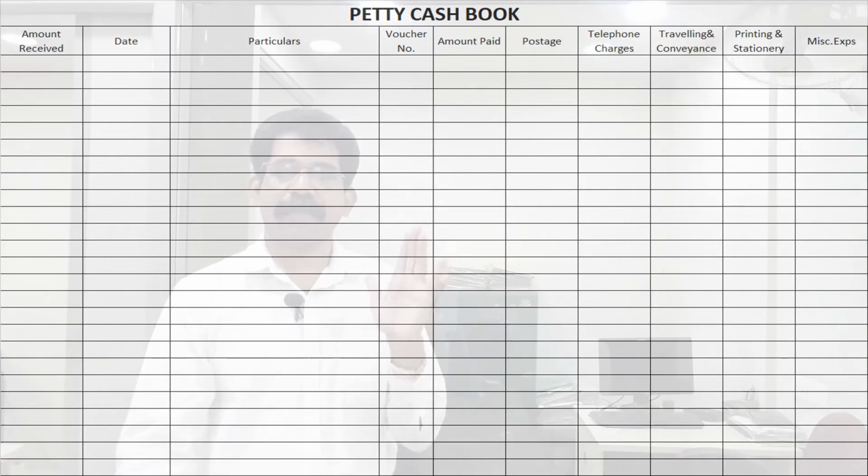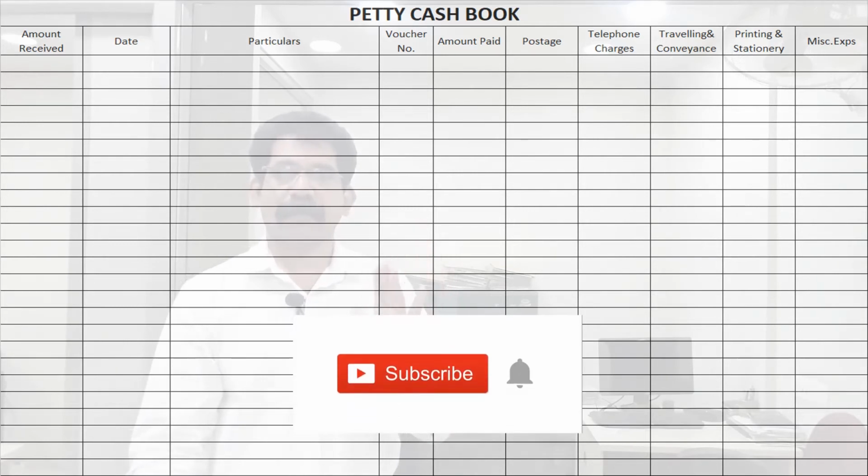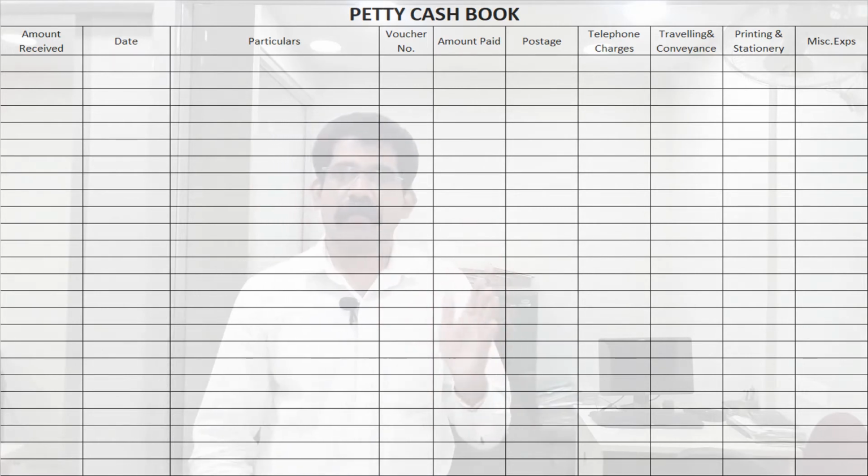Erasers, sharpeners, pencils and all these types of expenses we can record in printing and stationery. The telephone charges, all these types of expenses we can record in telephone charges, telephone expenses. Any expenses that are not repeated in nature or occur once or twice in a month, we can segregate into a single head, miscellaneous expenses or sundry expenses or general expenses, like that.